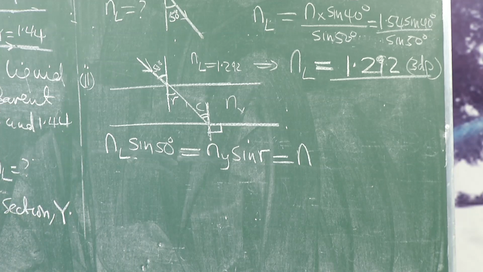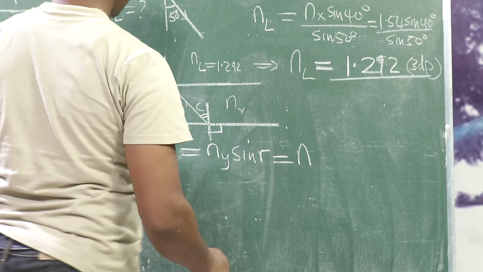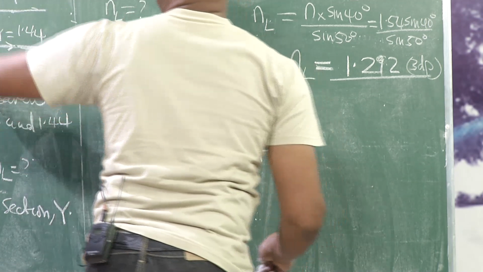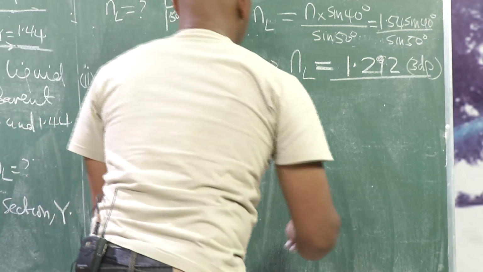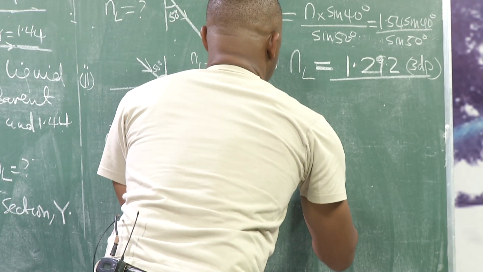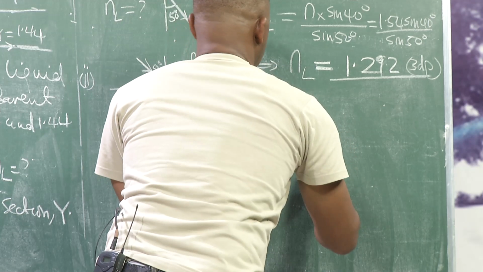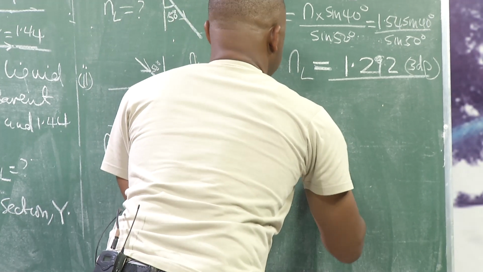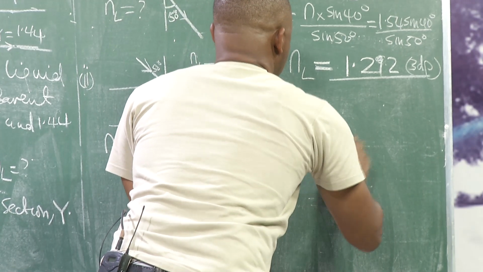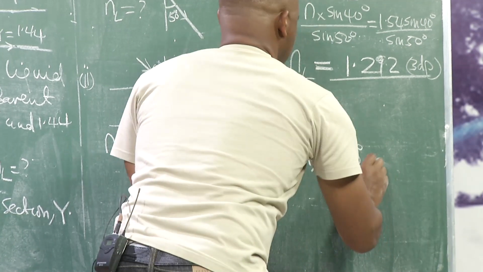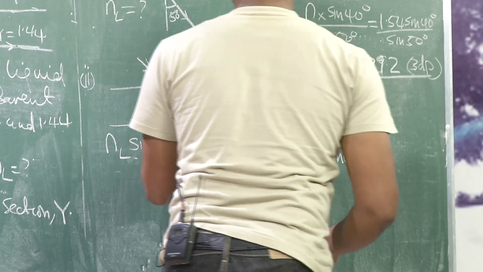That medium is air, which should be equal to nX, the first medium was X, nX, the sine of 40 degrees,